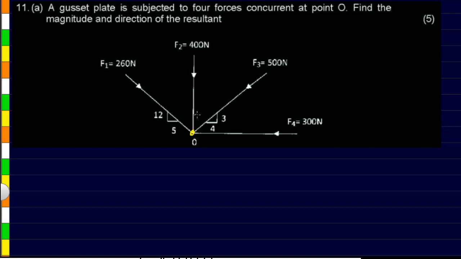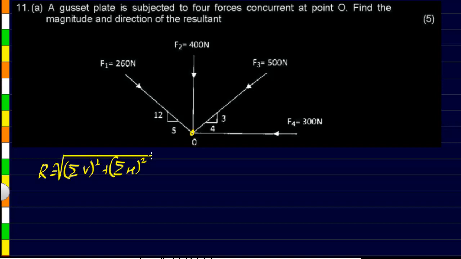Right. So since there are more than 2 forces, we cannot use the parallelogram formula. We'll have to go with the divide and rule method. So we'll have to find components of all these forces in vertical and in horizontal directions, and then proceed. The formula we'll be using here will be resultant equals square root of (sigma V) whole square plus (sigma H) whole square.